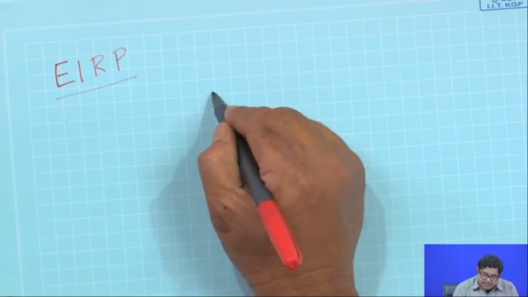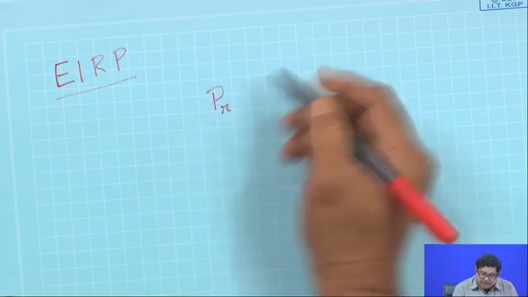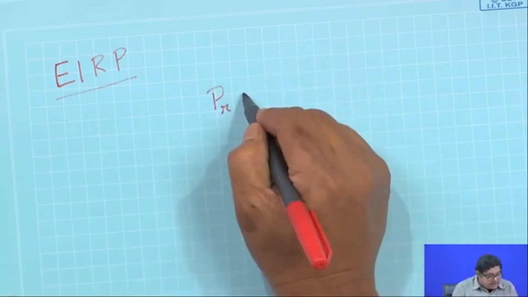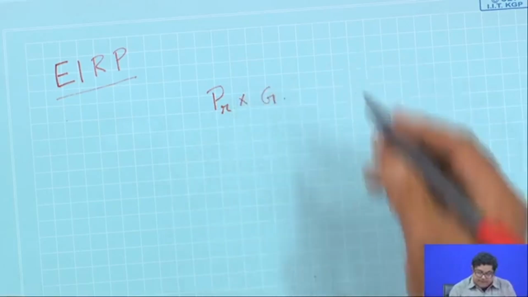Now, what is the concept of EIRP? It is the product of the input power given to an antenna and the gain of the antenna,